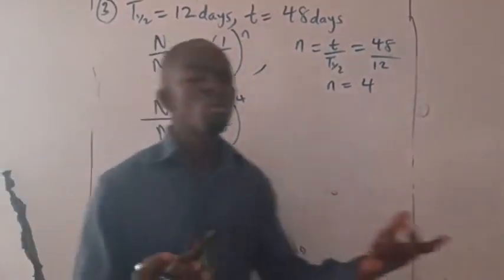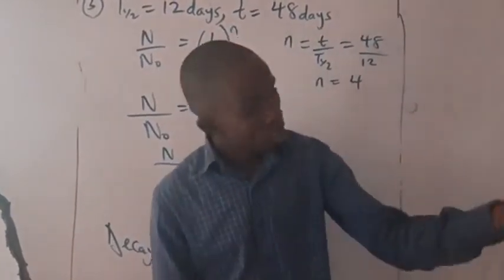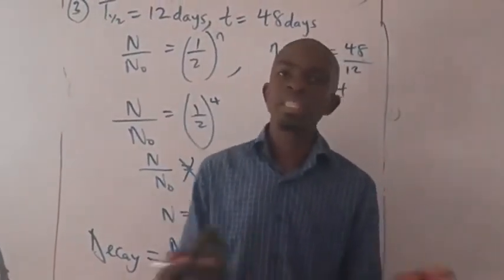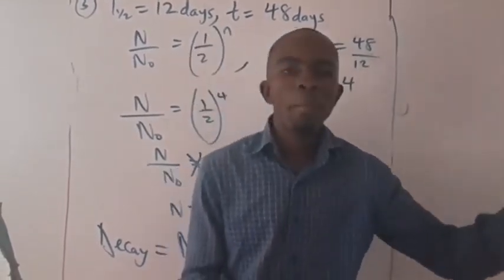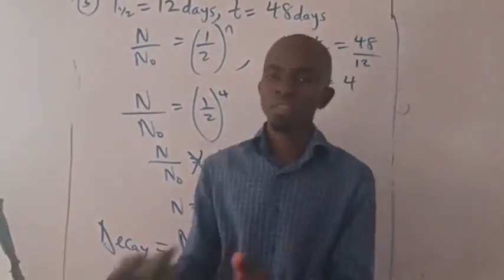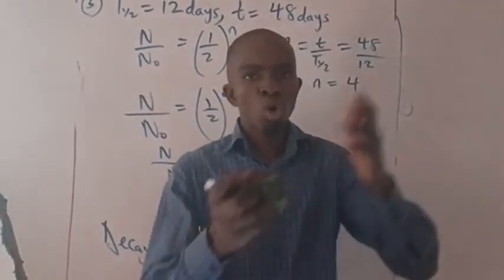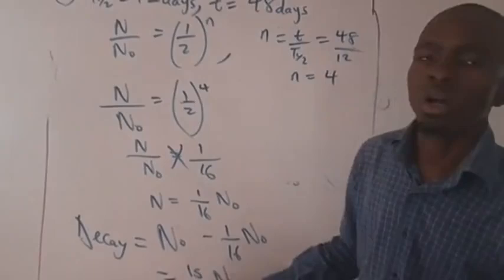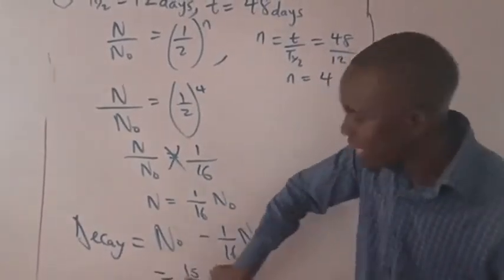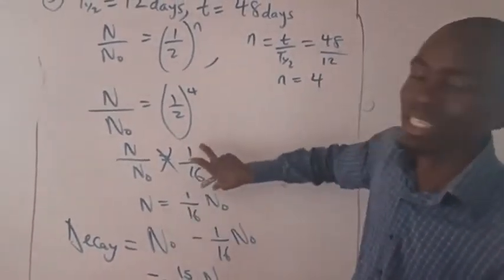And it's somehow easy. In school, let's say someone scores 6 over 10. That is the passing mark. So if they ask how many the person failed, the person will say 4 out of 10. Same thing here. Someone scored 1 out of 16, the person will fail 15 out of 16. So this is the life that has decayed, and this is the life that is left behind.